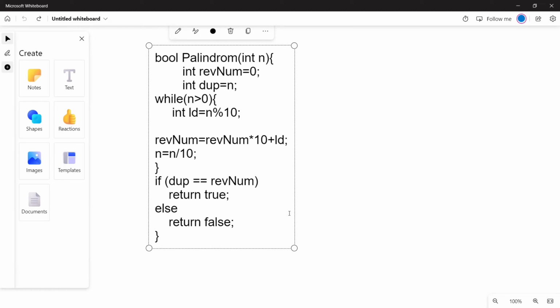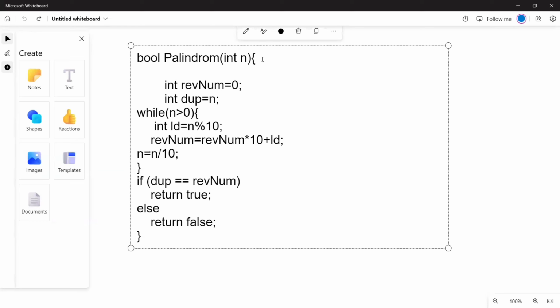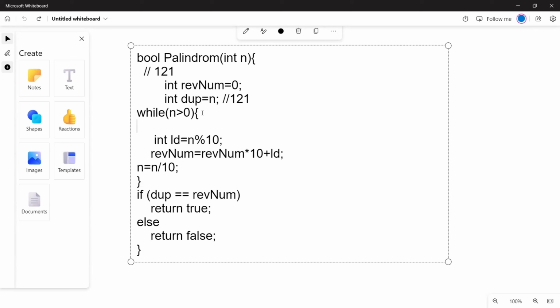Now this is the code to check whether the number is a palindrome or not. So we dry run this code for better understanding. Suppose the value of n equals 121. Initially, reverse number equals 0 and we assign the value of n to duplicate, so duplicate equals 121. Here we check: is 121 greater than 0?